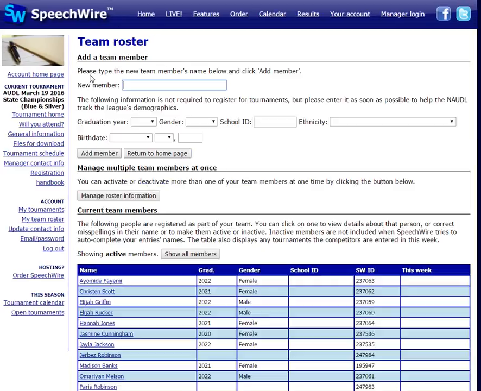When you first begin, you will add new team members using the form at the top of the page. Simply enter a student name, any demographic information your league has requested, and hit Add Member, and a new team member will appear in the